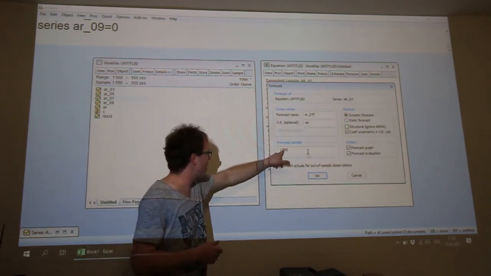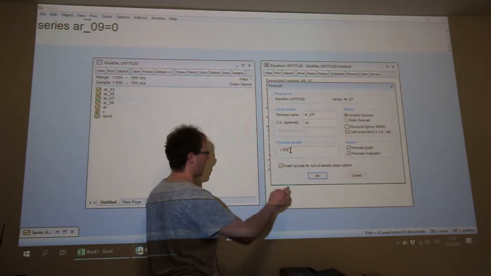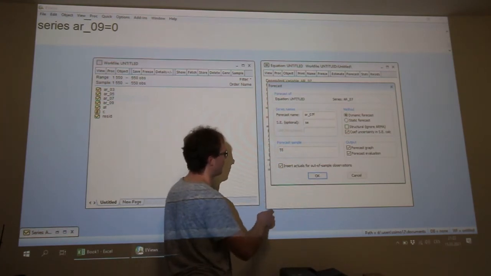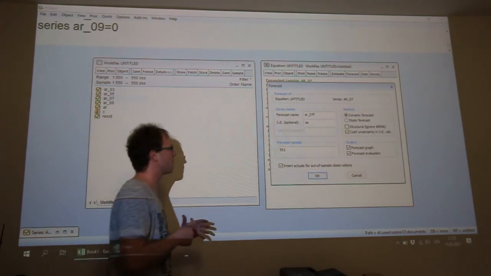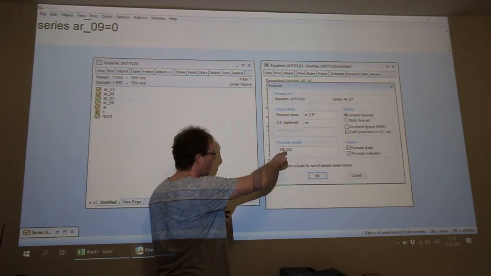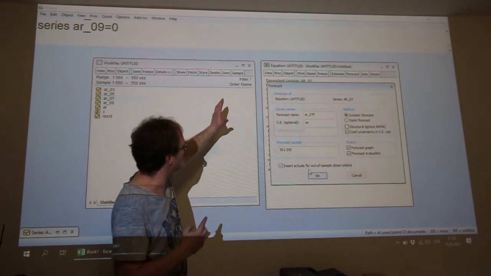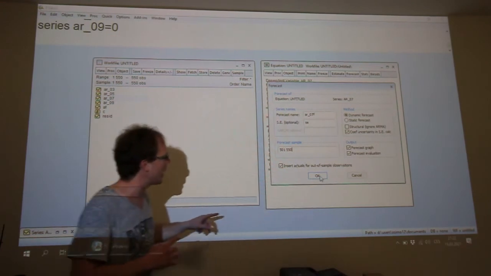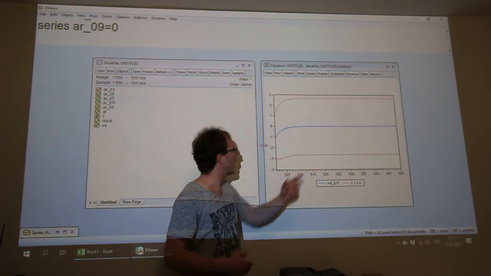And the forecast sample will be 501, sorry, 501 550. I hope that everything else is alright. So we can click on OK, and we will see the forecast.